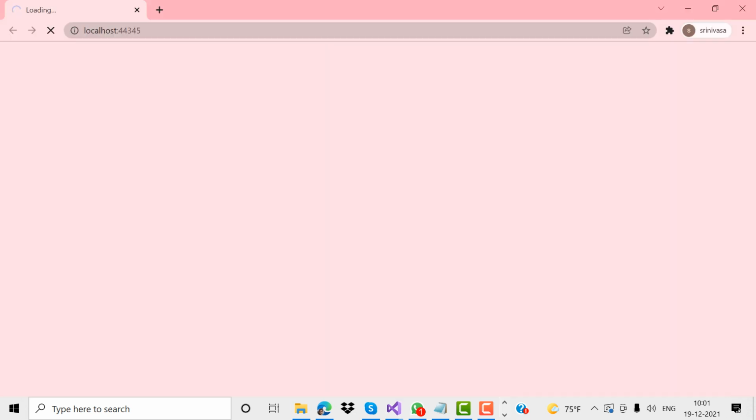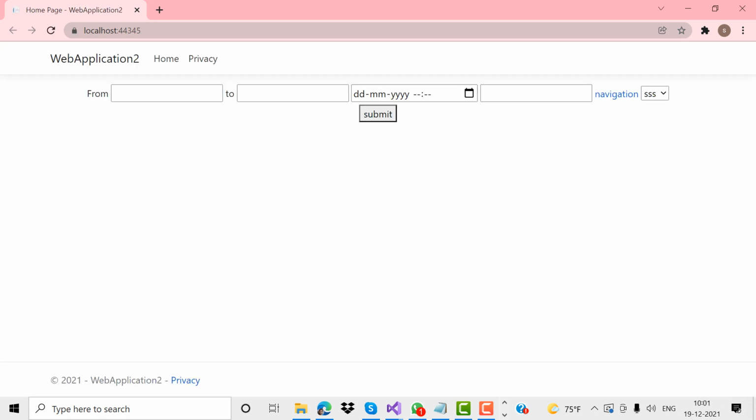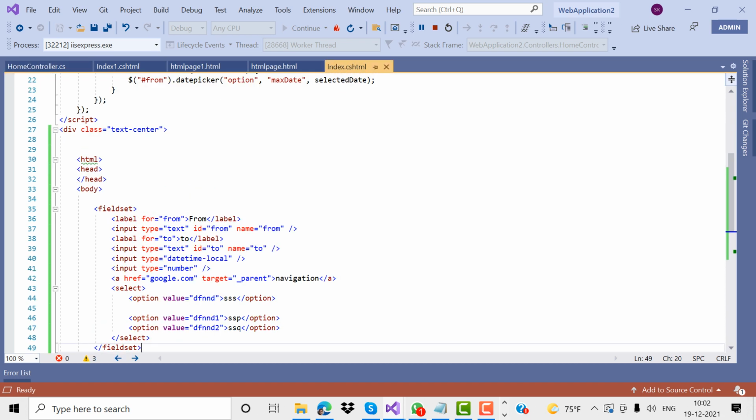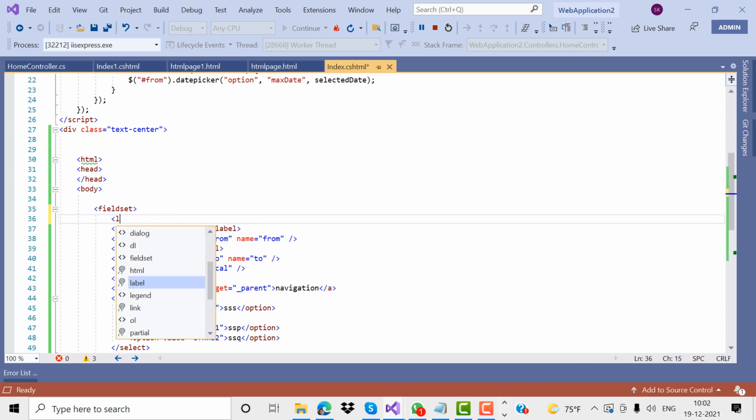Now it's the order. Indexing here. Accordingly, you can say this is the one. These are the fields that I want to show. I want to show some signs here.